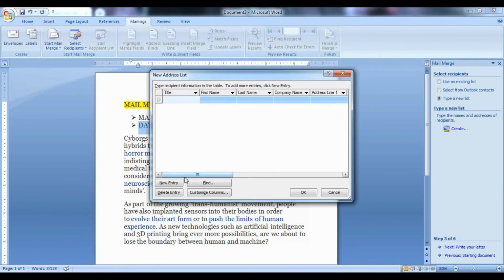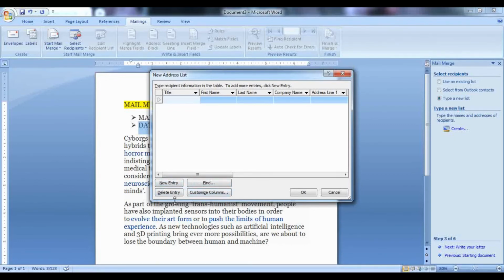So now if you feel that these fields are more like title, first name, last name, company name, address line, so there are number of fields if you see here. So if at all you feel that these fields are not necessary, you can also customize your own fields. For example, here you have 4 different options: new entry, delete entry, find and customize.